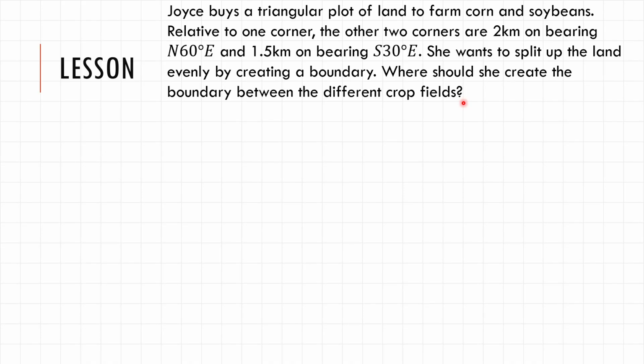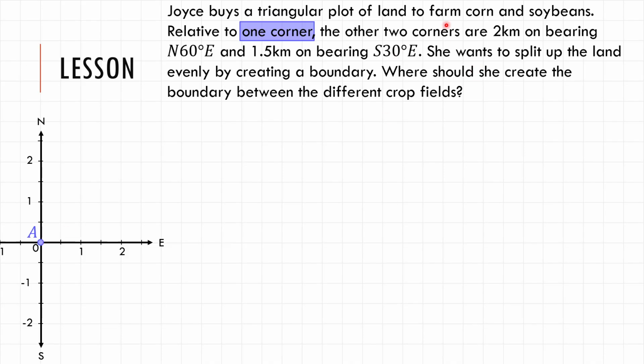Now, this is a really tough question to even begin to tackle. So before I ask you to go ahead and try it on your own, I'm going to at least help you draw a diagram that describes this situation. If I'm looking at a map of this area, where we've got north, south, east, and west in that direction, one of the corners that Joyce has on her triangular plot of land, I'm going to put right at the center,